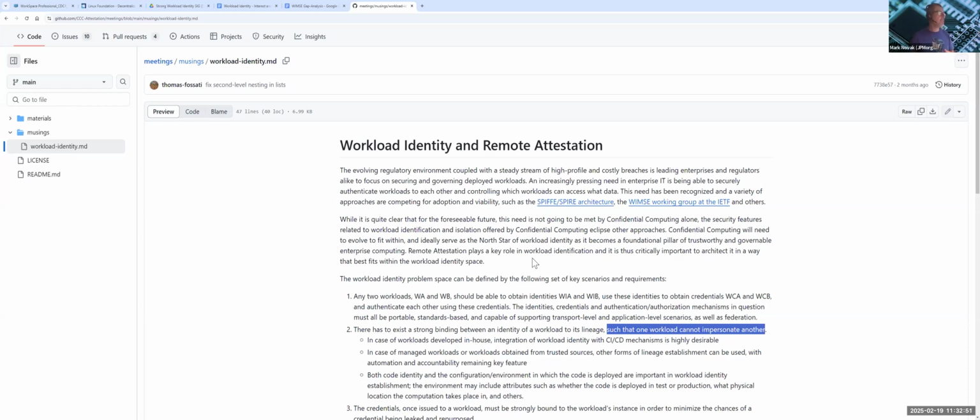And I would look at it and say, well, it certainly satisfies point 1. Right? Under SPIFFE, two workloads can obtain credentials, and they can authenticate each other. And it's portable, standards-based, and supports transport-level and application-level scenarios. Well, SPIFFE does very little, actually. Yes. But